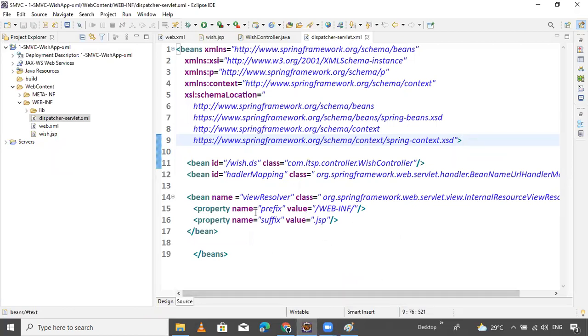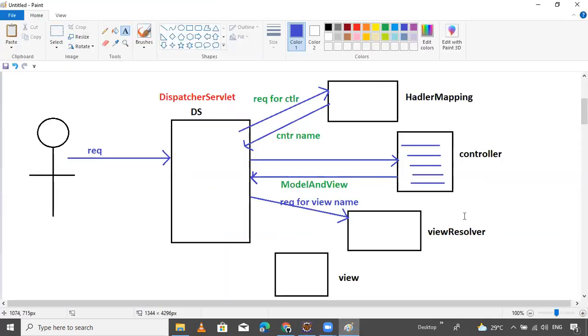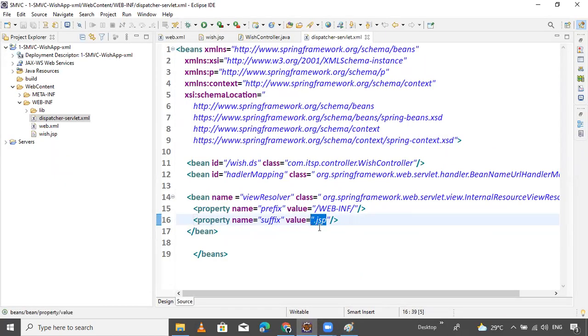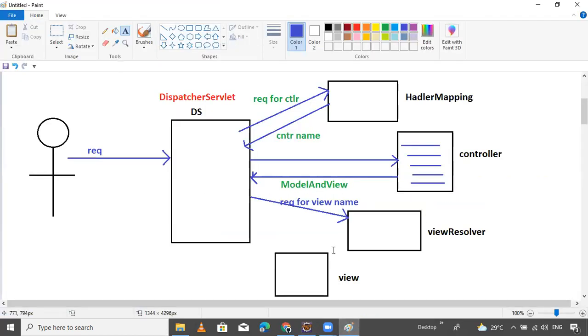After that, the view resolver identifies the .jsp files and processes them. The view resolver takes the name of the view pages, the .jsp files, and the location of the view pages, where your view pages exist.